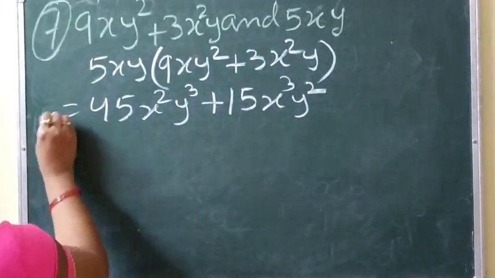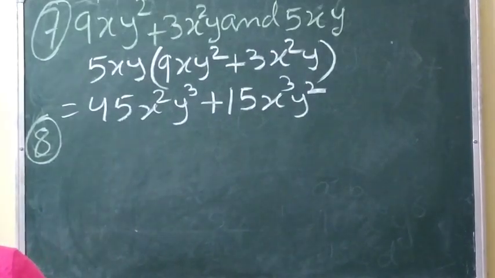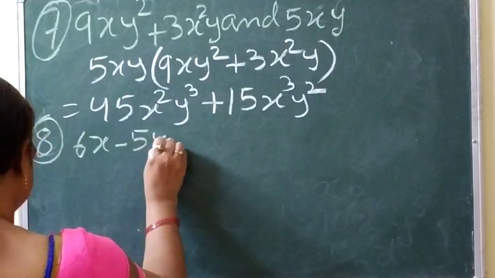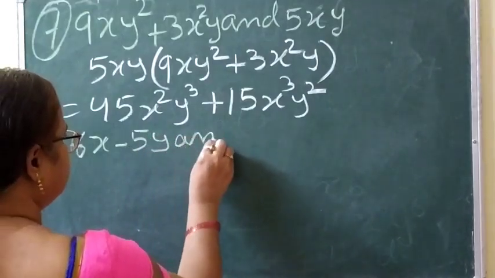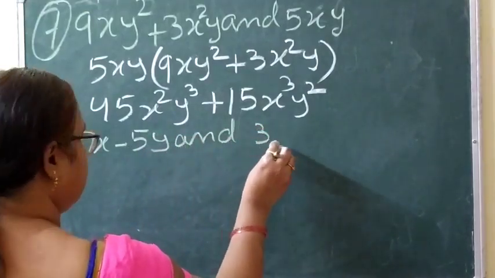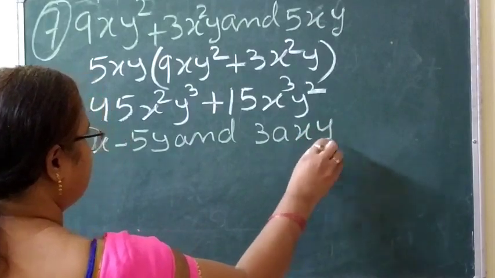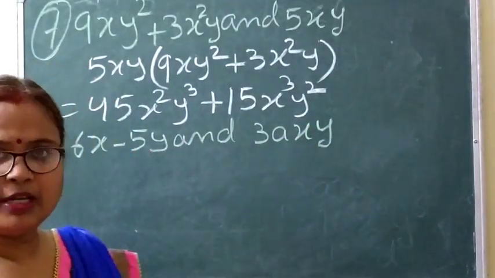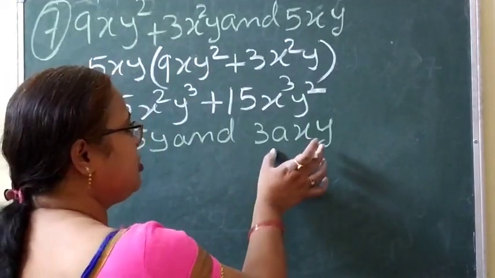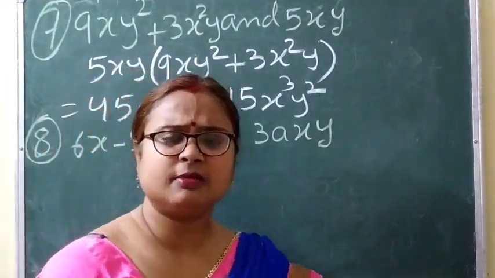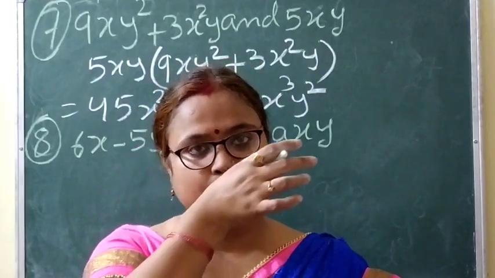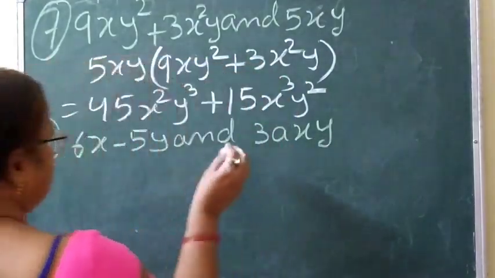Question number 8. 6x minus 5y and 3axy. Okay. So this is what? This part is binomial. And this part is what? Monomial. Means this is the multiplication of binomial with monomial. Clear? So now